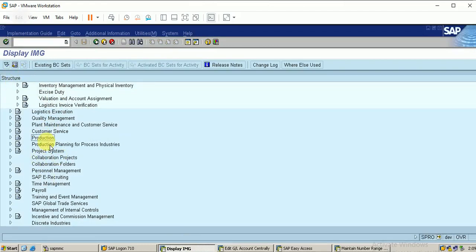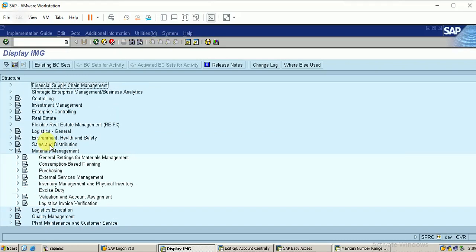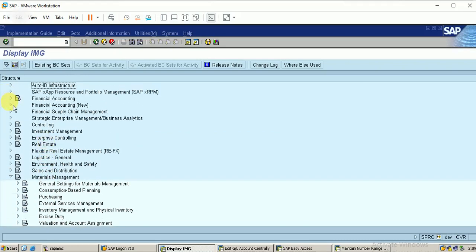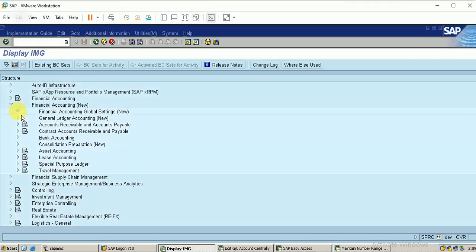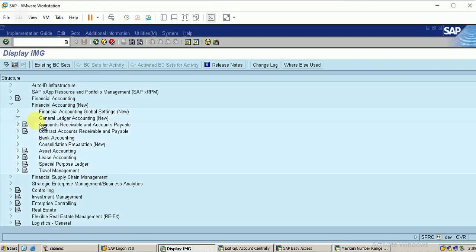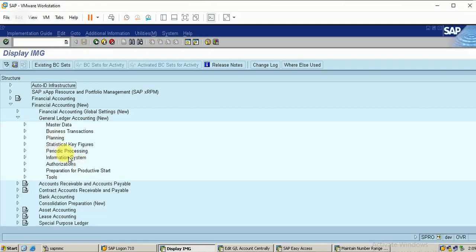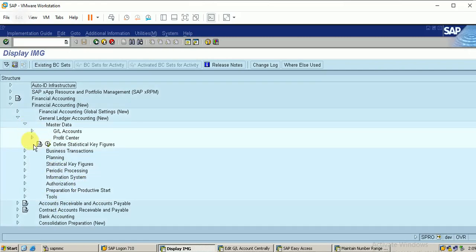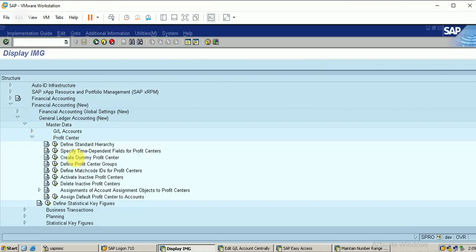Let me enter into Financial Accounting New. Here you can see the financial accounting global settings. No, I should not enter into it. Here, Global General Ledger Accounting New. I have to enter the default profit center to my accounts. Since they are balance sheet accounts, it is mandatory. I have not included it, and also the document splitting.